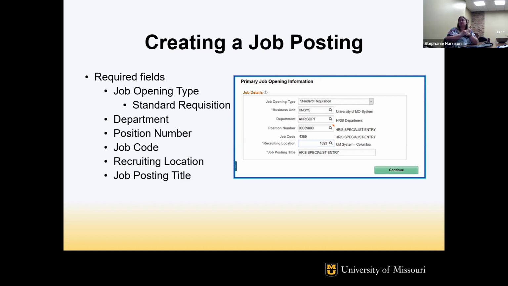It can be done, but it's easier to do it up front rather than once it's already posted. Bonnie Claire is asking for Springfield. Do I use Columbia also? Oh, I think we do actually have a Springfield location. So the location actually isn't going to show up anywhere once the job is posted to the website. It's really something more just for documenting purposes within eRecruit. So if you do select Springfield or Columbia, then either one will probably be fine.